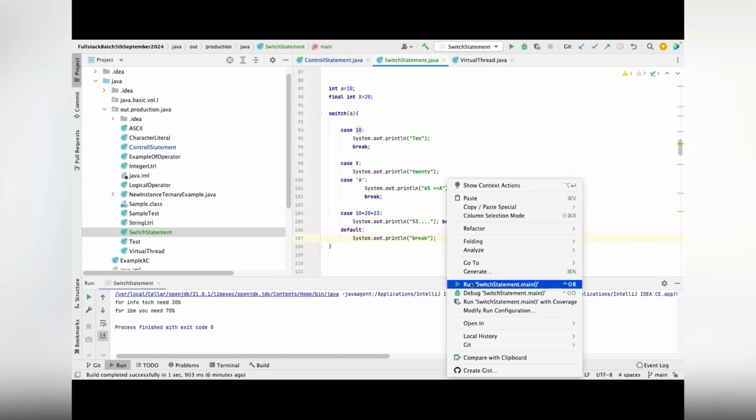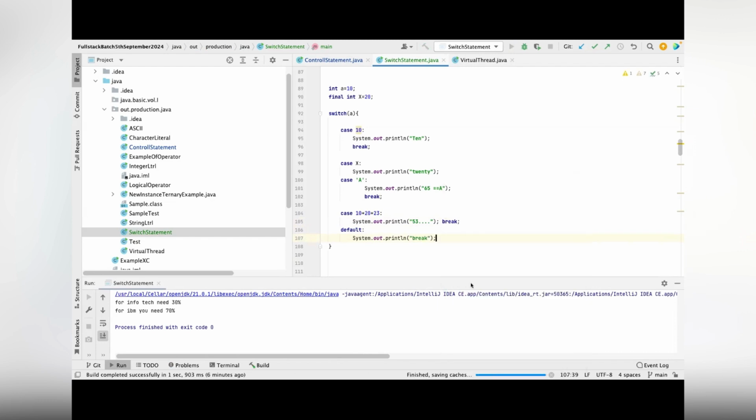Okay, let me execute. So what matches? It matches with 10. I just want to show you guys this value. A final value is also a constant, so you can take a final value. And this type of expression also you can take, because it doesn't have